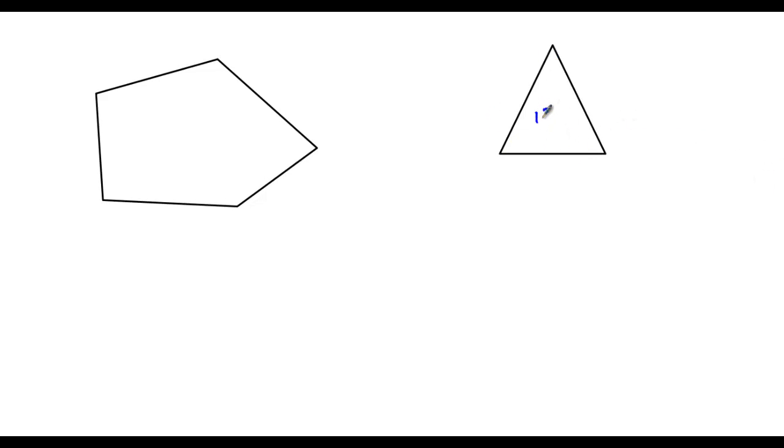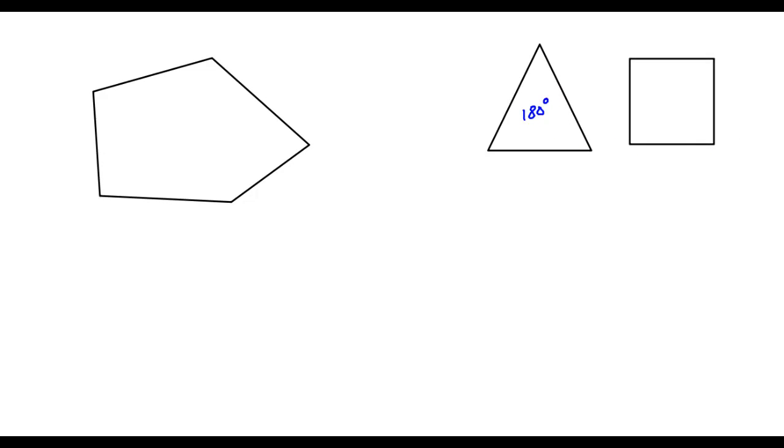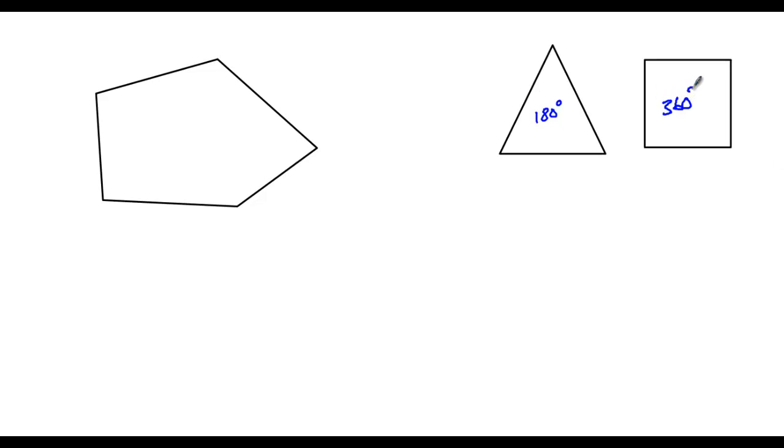All right, so the next thing we're going to talk about is polygons in general. Here we have an irregular convex polygon. If I just had a triangle, you could tell me very quickly that the interior angles add up to 180 degrees. And I'll bet a lot of you, if I put a square, could tell me that these interior angles add up to 360 degrees. So the question is, if I have something with 3 sides, something with 4 sides, and now over here something with 5 sides,